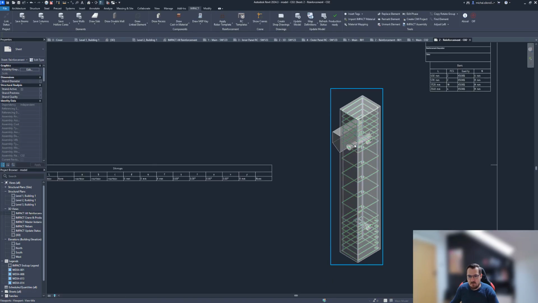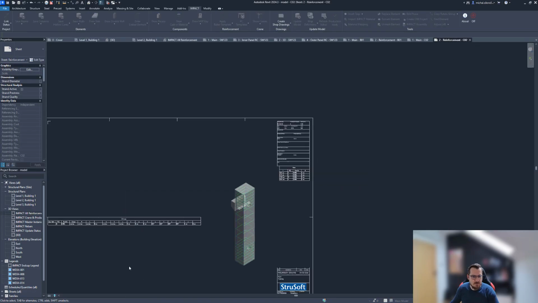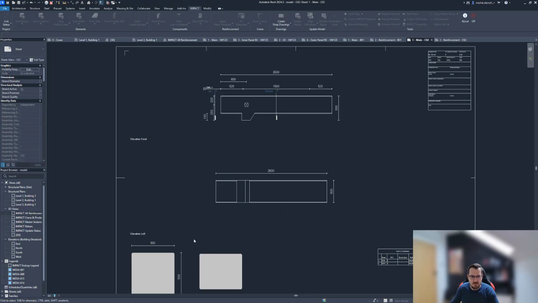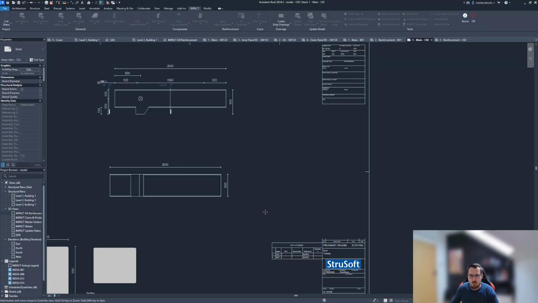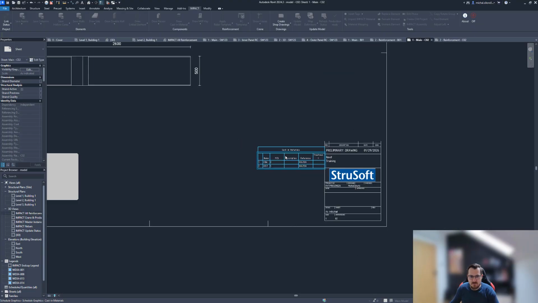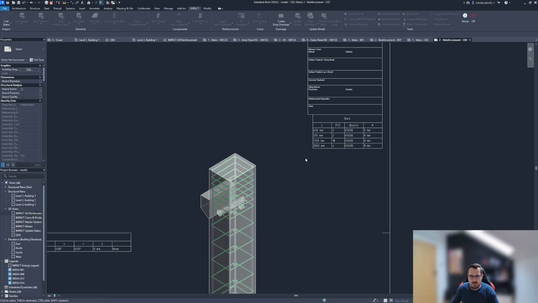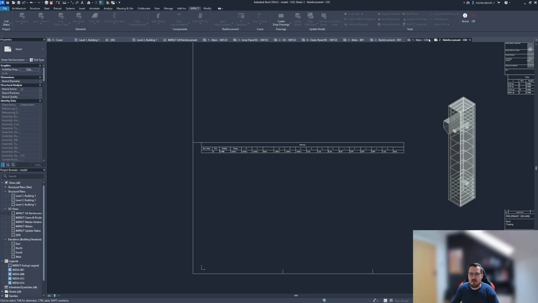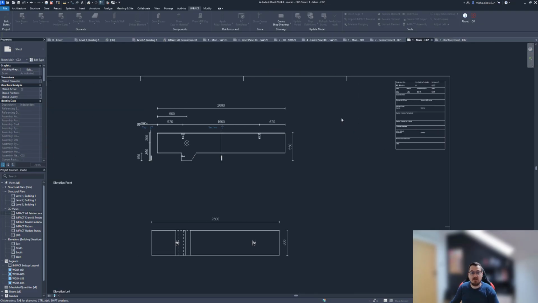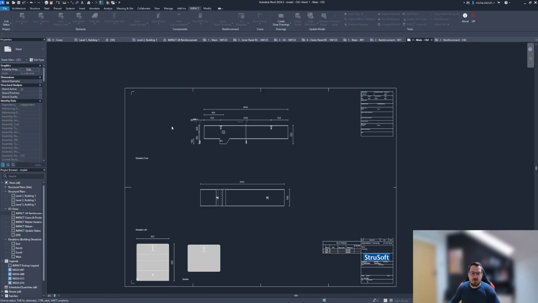So we get a 3D view, some with reinforcement, and we get the dimensioning as well. We get sections if there were more. We got the casting material schedule, and the reinforcement. You of course get the reinforcement schedule as well. So that's about it in terms of drawing creation. You see it's very easy. It's very much automated. All the data in the tables is customizable according to your needs,